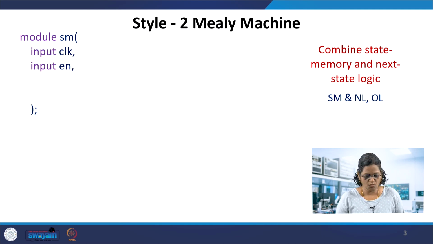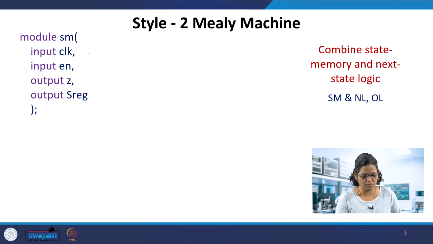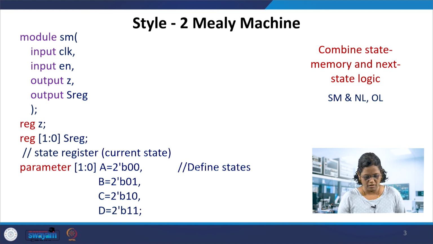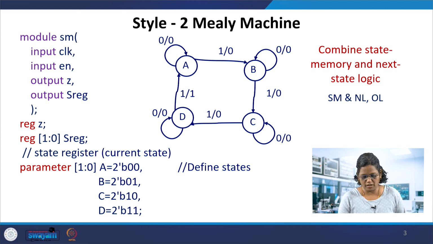In the Mealy machine, the difference we observe from the Moore machine is that the input is also deciding the output logic. Considering the code which we had taken for the Moore machine, we just modified it for this Mealy machine according to the state diagram which we had used as the first example.